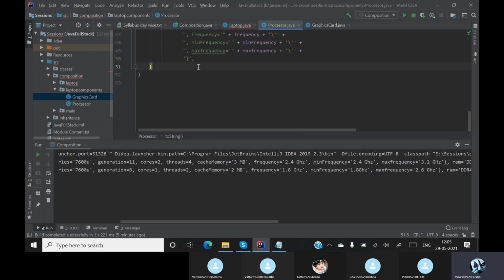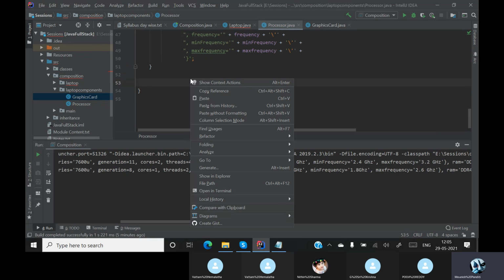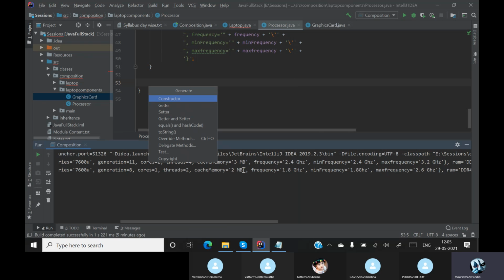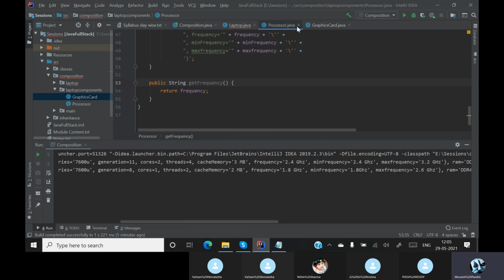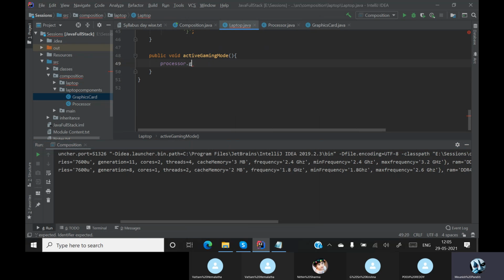So I'll write a getter method to get the frequency. Generate a getter method of the frequency. Okay, I have my frequency. Now I'll say processor dot get frequency. I got my frequency and I have to set it to what?